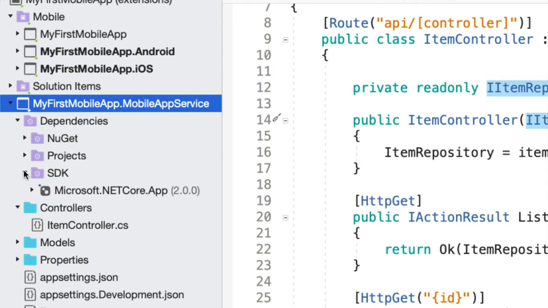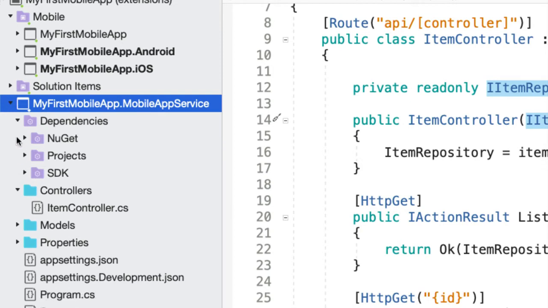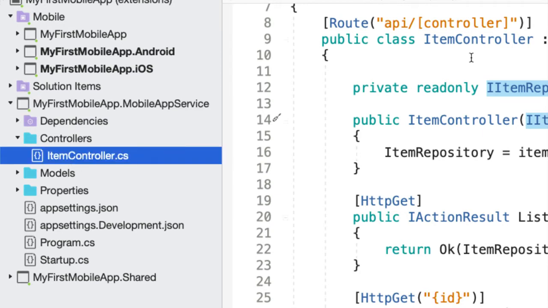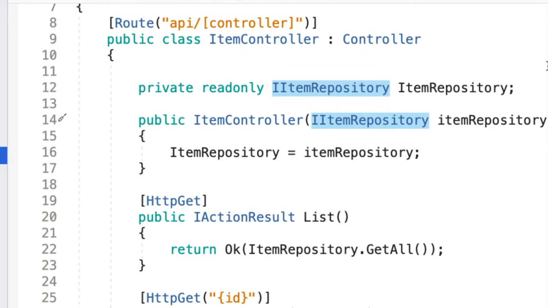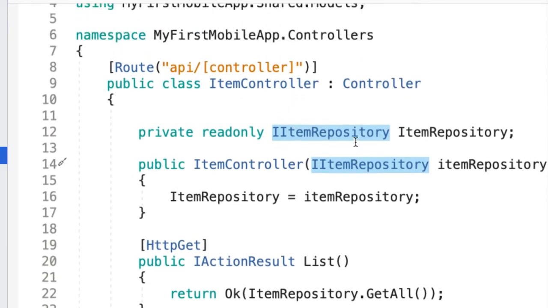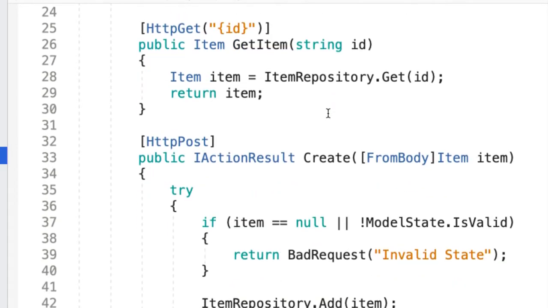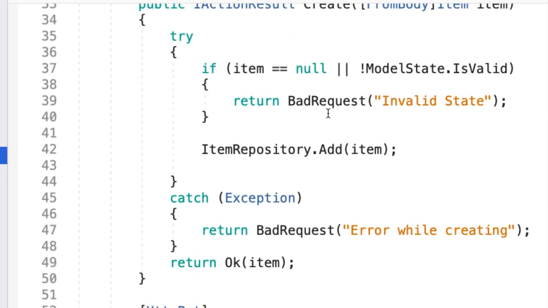You can see I'm still on 2.0 because that's what I'm on, but there's 2.1, 2.2. That's okay. It's there. And what's nice here is that this is just an ASP.NET Core application. It has an item controller. So very similar to what we saw earlier with that people controller. I have an API controller. I have a way of getting all of them, a get by ID, and a create that's here,